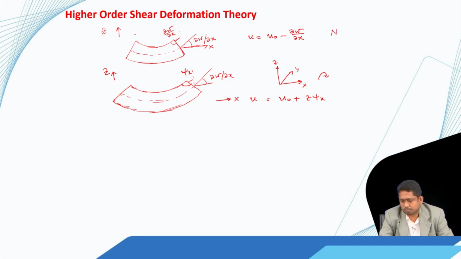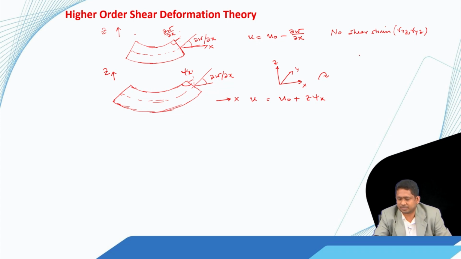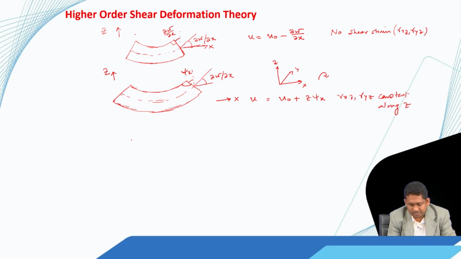So, no shear strain gamma xy, and here gamma xz and gamma yz can be there, constant along z. Now, if I further relax the assumption and make the model a little bit more involved, then I can get